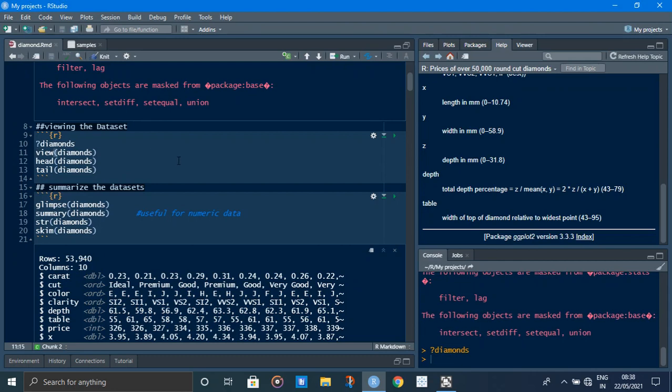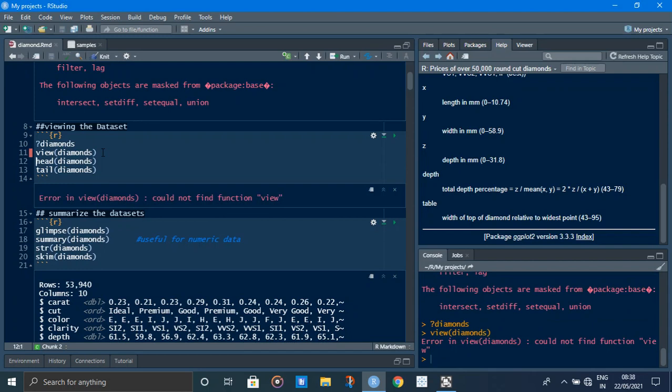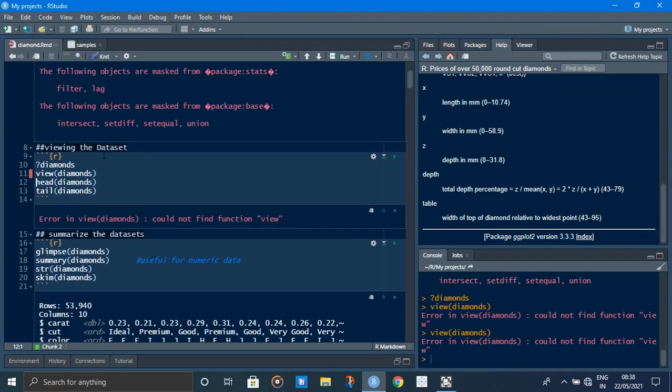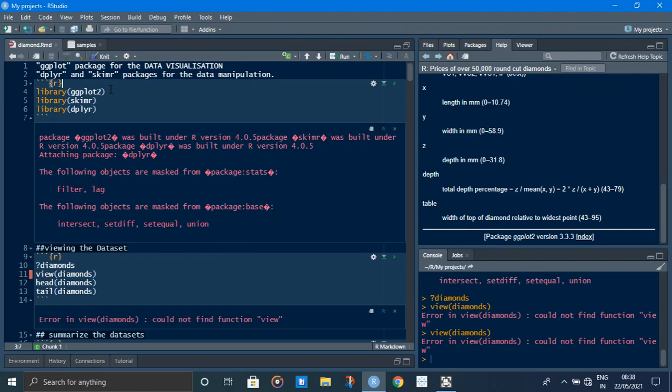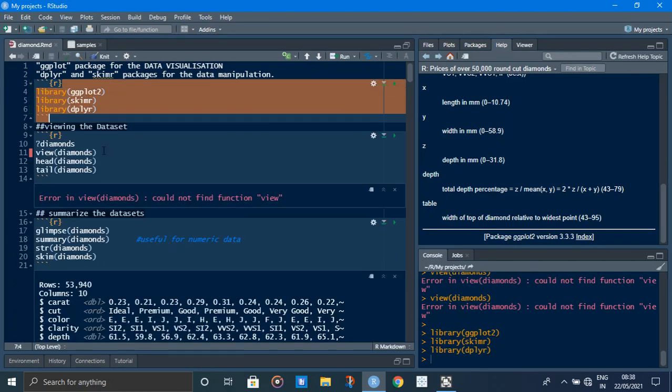Here are some formulas. So let's run the next line. We use the View function to view the datasets. So press Control Enter. Error, could not find function View. Control Enter.